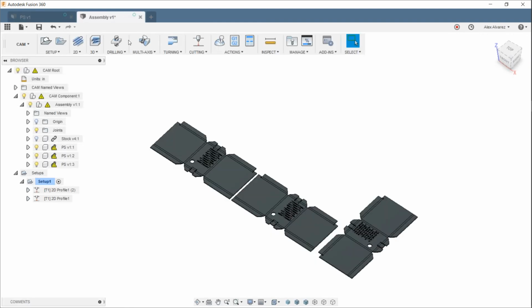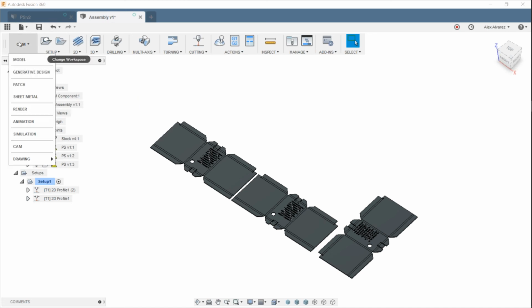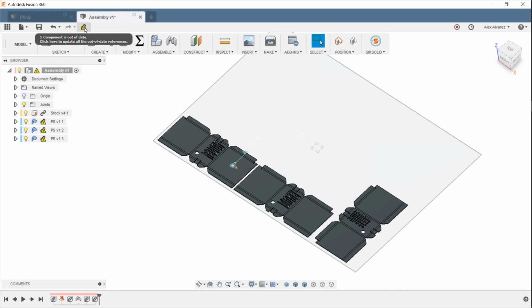Now, this is going to be important too, right? You want to make sure that you keep those linked. If for whatever reason you broke the link, this wouldn't apply to that part anymore, right? So you want to make sure that you reference that specific model, and that way it always has the associative properties that you would expect. You don't see that up here. If we go to the model environment, you'll see then that we have the one component is out of date warning, right? So if we click on that,